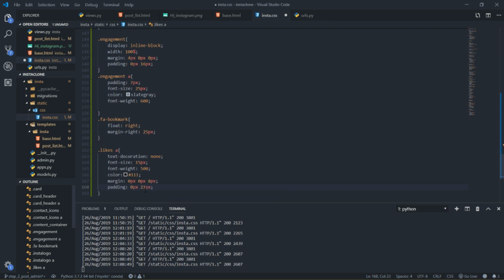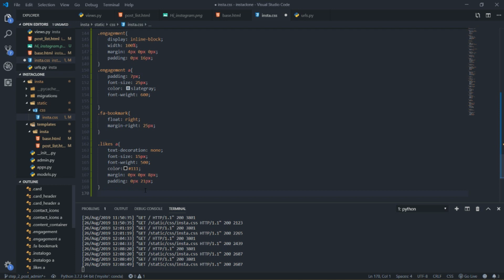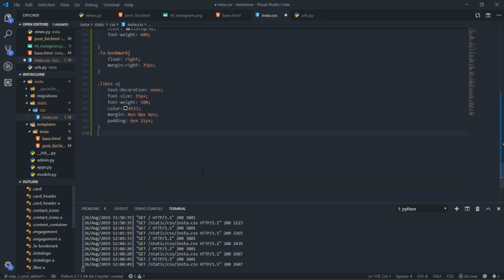You already have that. Now I will come down here, and then I will just add a padding. I already added my padding. Now I need to work on the caption. So I will make a class. I will make the caption class, and inside of my caption I have a display inline block,